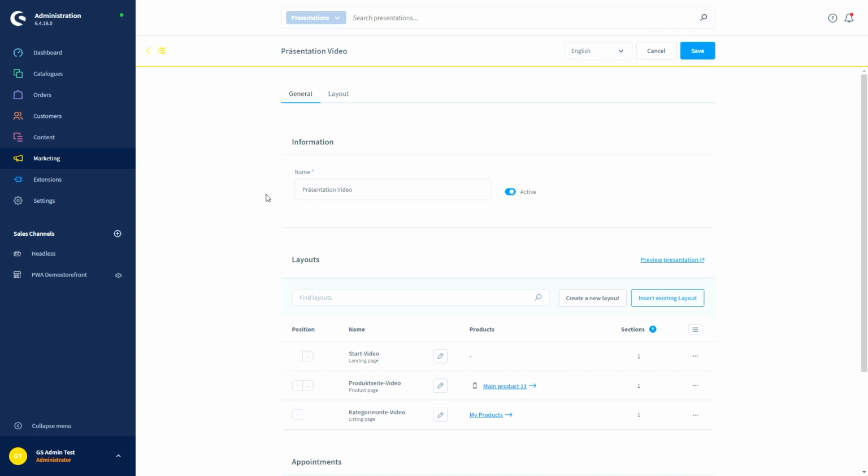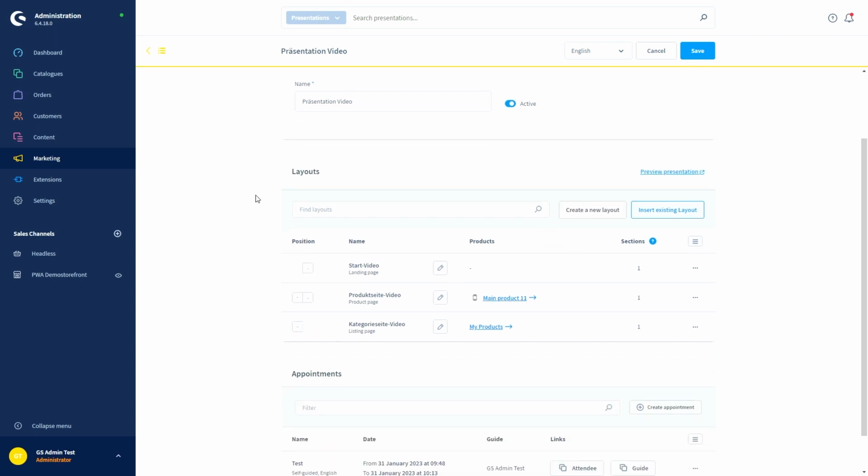First of all, you start by giving the presentation a name and activating or deactivating your presentation. At this point, I should say that you need to press save after entering a name for your presentation. After pressing on save, you will then get access to the editing module.